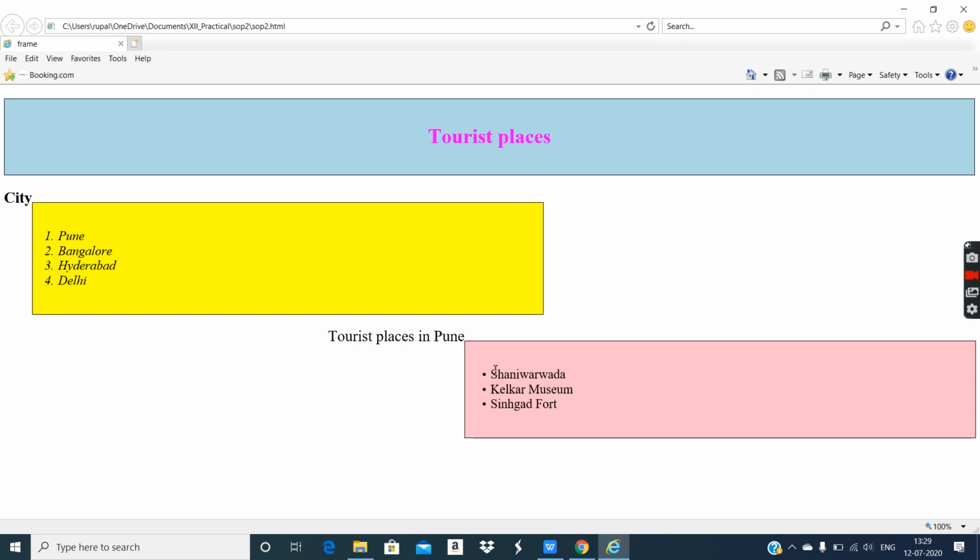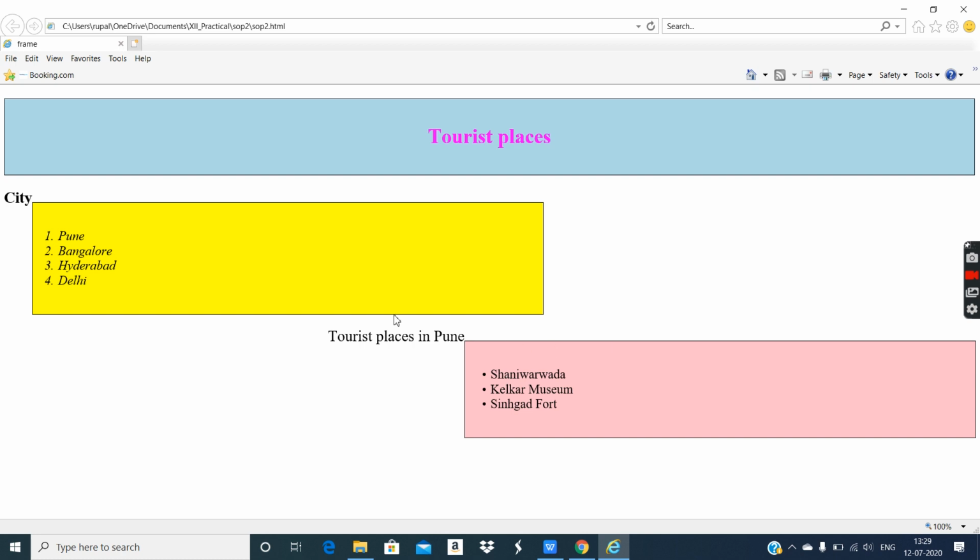Though I have applied float left here and float right here, and adjusted the width accordingly, for example, if I have given 1000 pixels, both the widths I have given 500 pixels. But whenever this ordered list got closed, the next list will display after a break. Without giving any break also, if I have not given a break, then this section must continue here, but that did not happen.